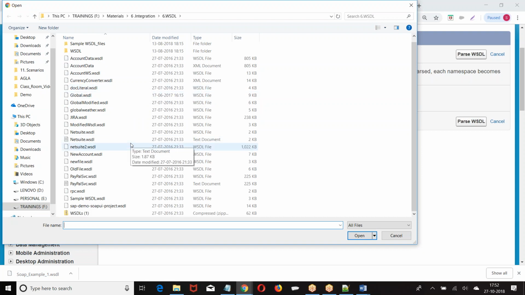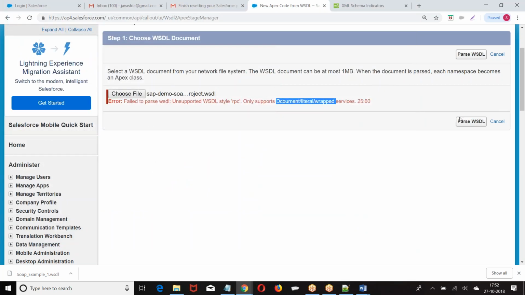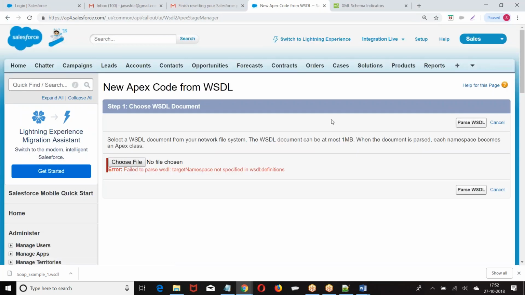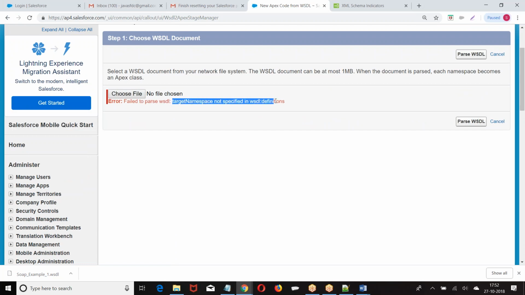I'm giving error files. Target namespace not specified in the WSDL definition. Whatever the web service main class was, that was not mentioned in the definition of the schema on the server side. Probably I might have used localhost.